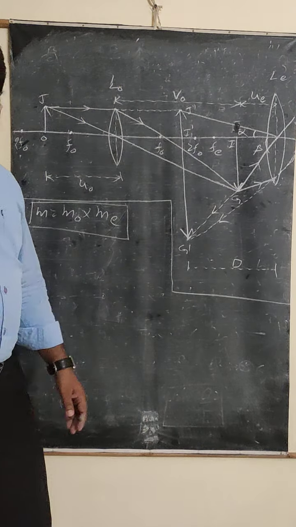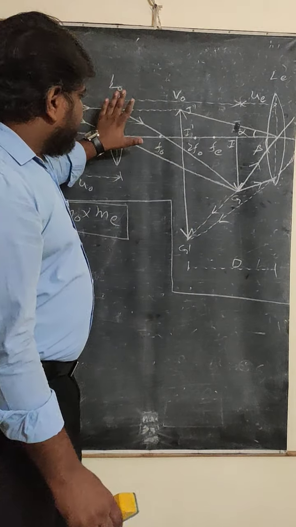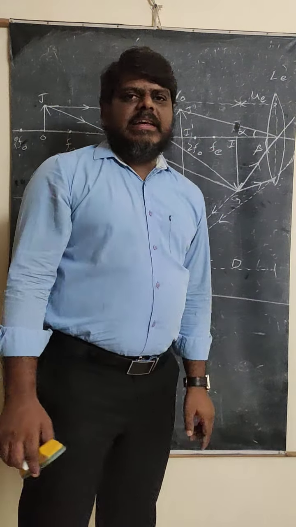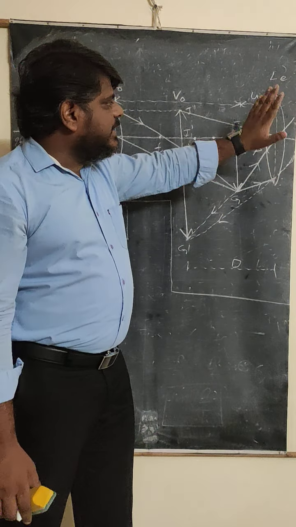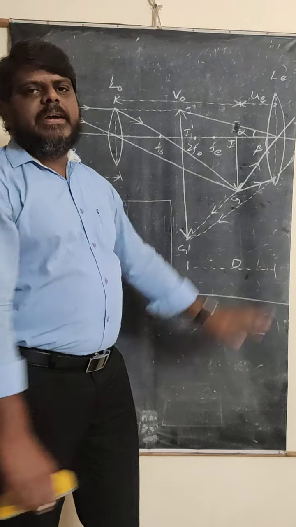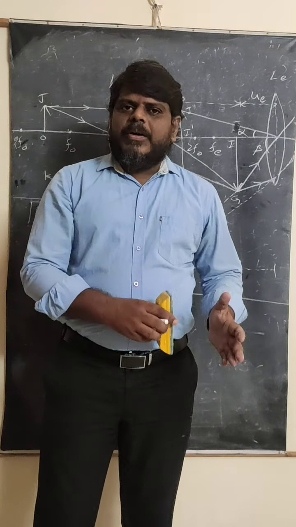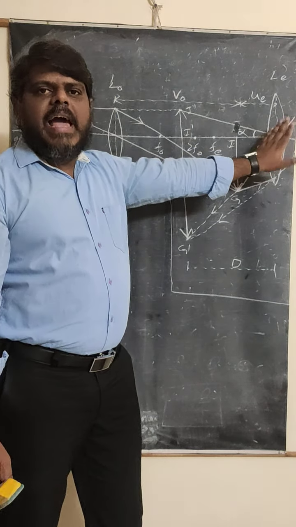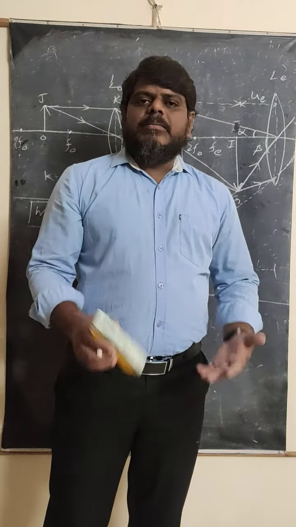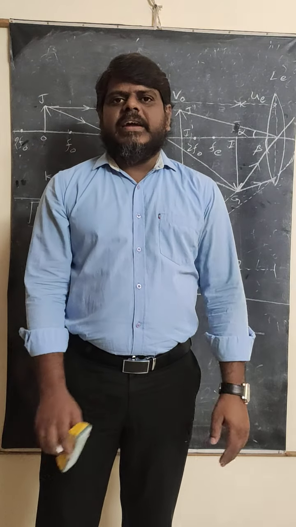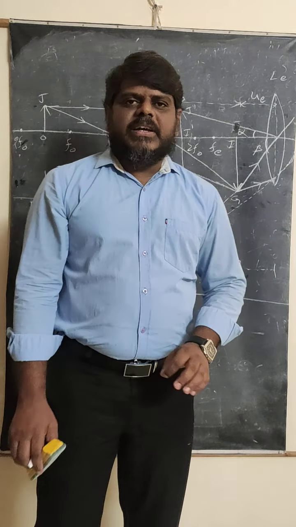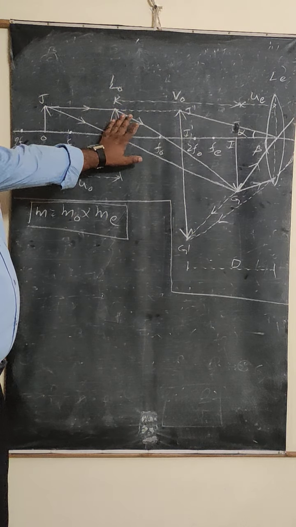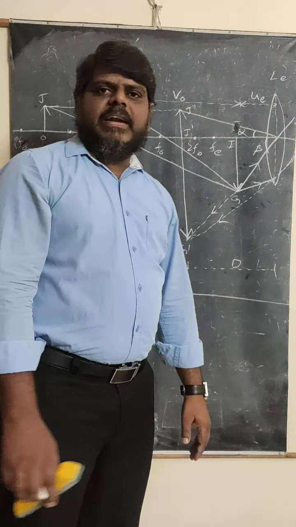In the compound microscope or in the telescope also, we have to calculate the magnification for the objective lens, but there is no need for the eye lens, because whatever eye lens we are using will act as a simple microscope, and the magnification of the simple microscope we have already calculated. So no need to do any calculations for the eye lens. We only have to find the calculation for the objective lens. The derivation part is not required here.